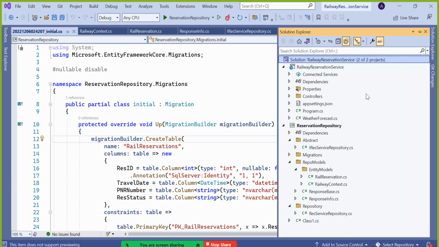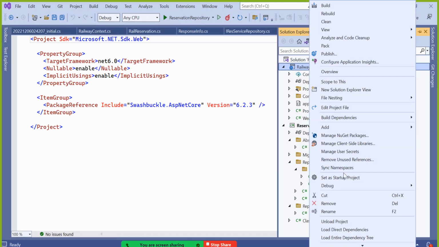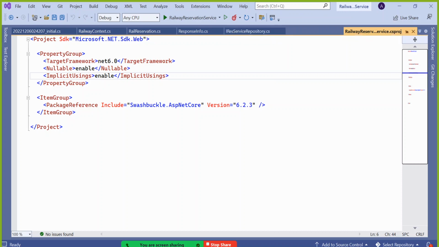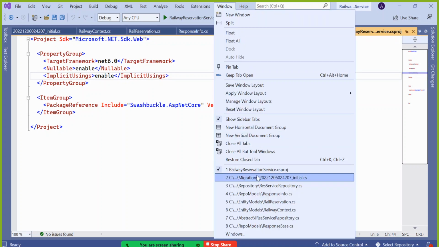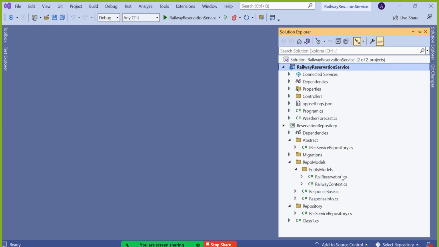Then revert your default project. Now I'll just close all the tabs. We have done almost everything, so I will focus now